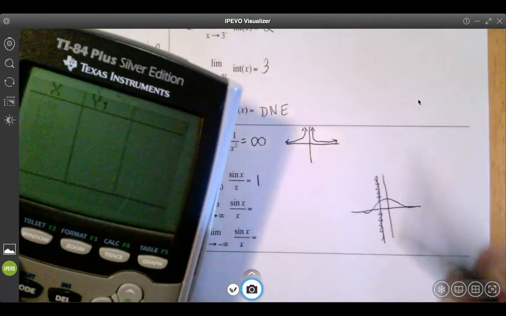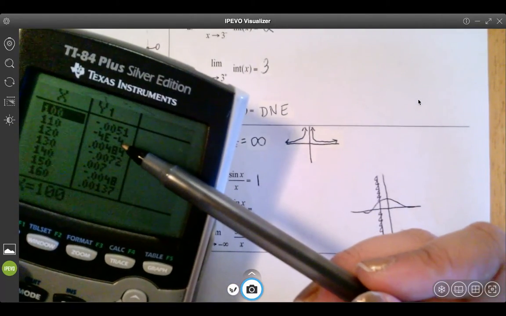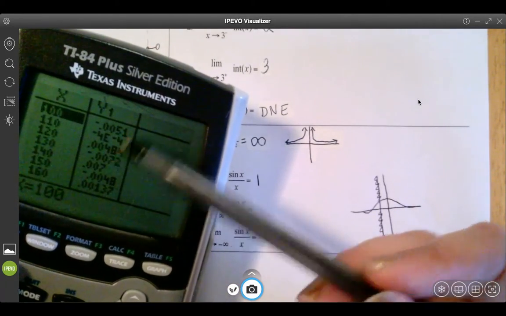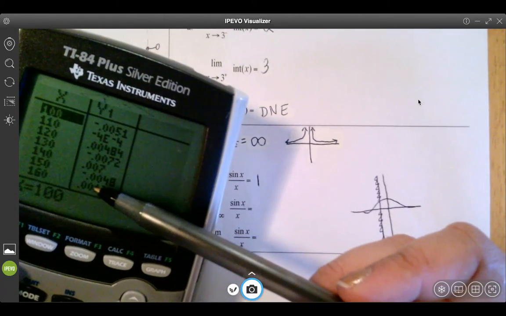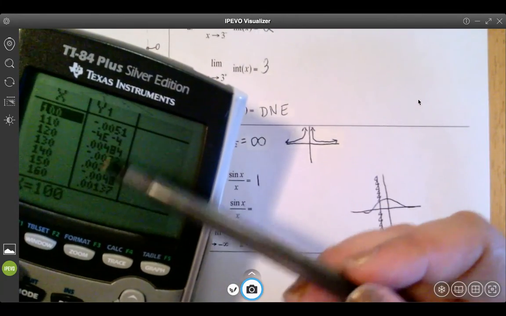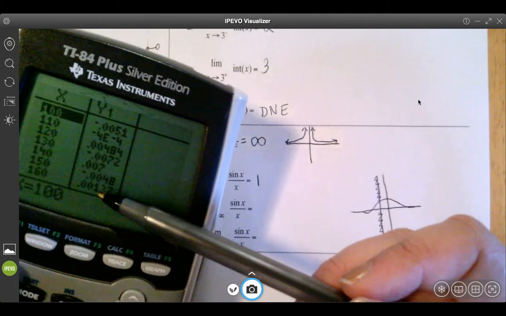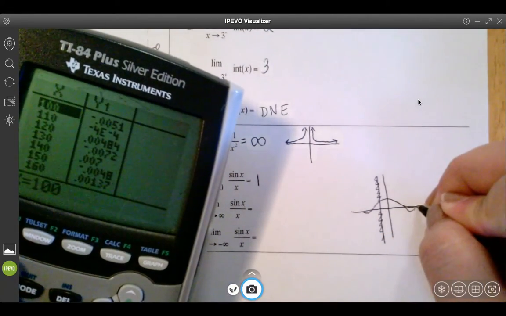So I'm going to go into the table, and I can say, wow, okay, so 0, 0, and then that has 4 zeros leading, and it's going between positive and negative. So it's oscillating between positives and negatives, but they are continually getting smaller and smaller in absolute value. So kind of like the sine function,